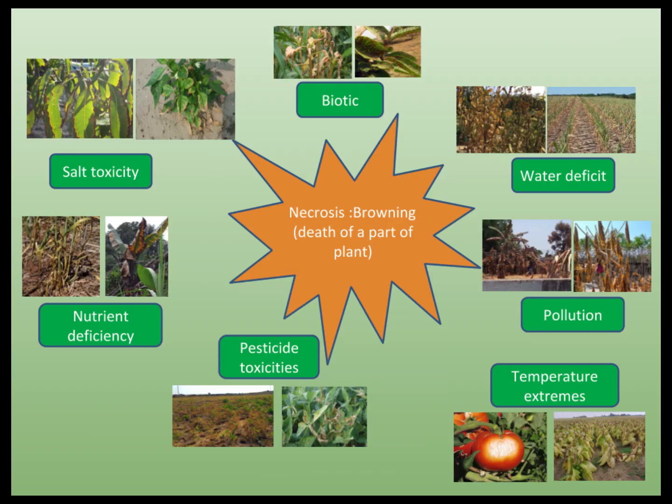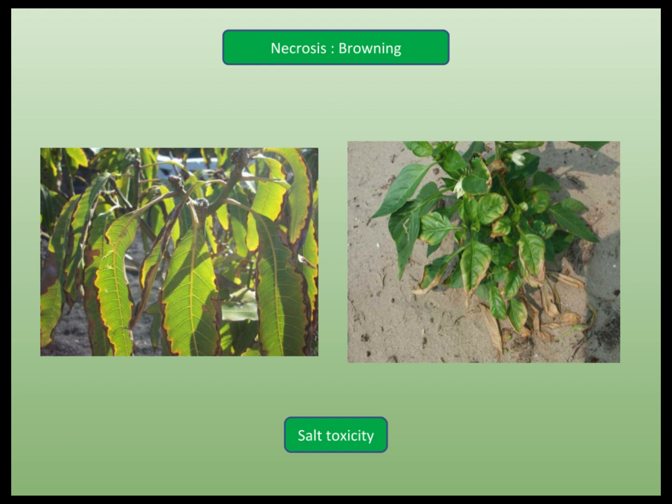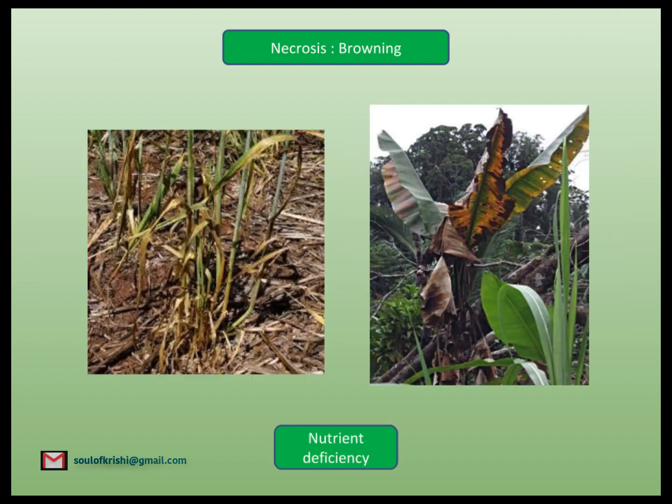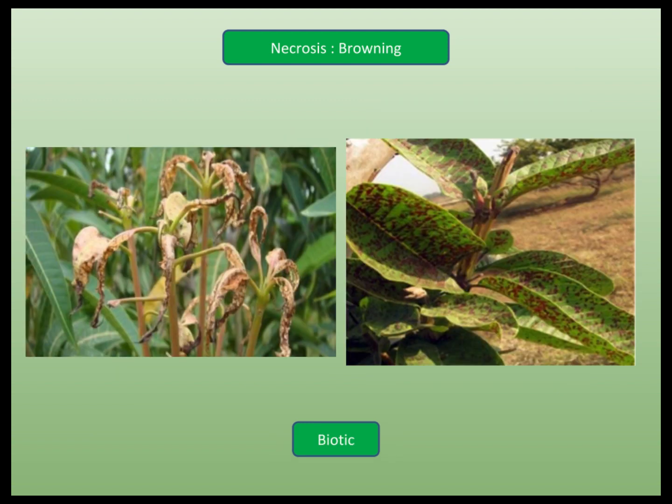Let us now examine necrosis browning. If we see necrosis browning on leaf margins starting from older leaf extending to younger leaves, then it is caused by soil salinity, excess salt in soil solution, and in irrigation water. If we find necrosis browning only on older leaf margins and leaves wither, then it is due to potassium deficiency. We can apply potassium in such cases for correction. If we see the entire plants including leaves, flowers and fruits are turning to necrosis browning, then it is caused due to diseases. In that case, consult an extension expert and take up control measures as per suggestions.